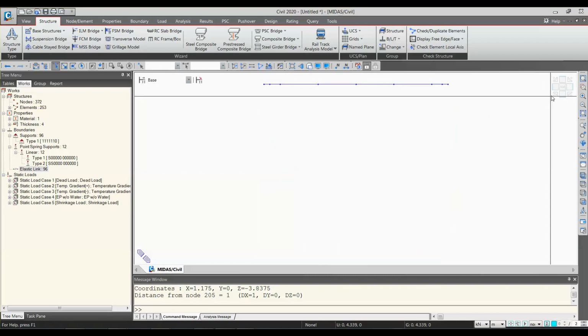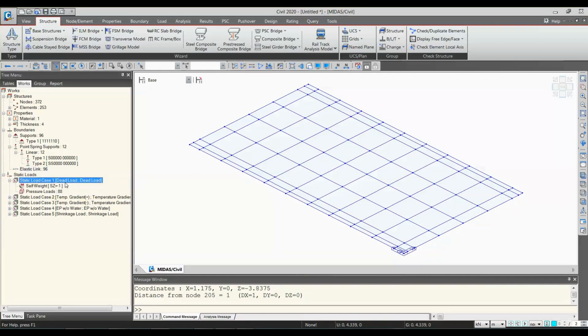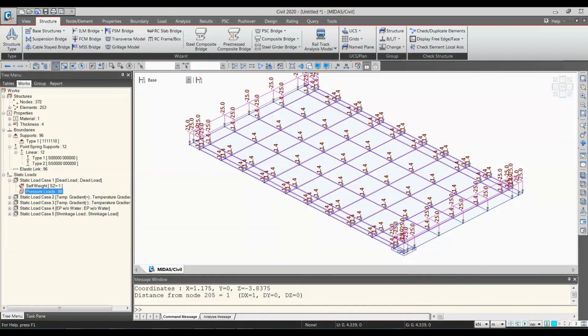Check off the display node number, and let's see the pressure loads. If you see, this is 25 kilonewton per meter square applied as a UDL, 1.4 as a pavement loading.